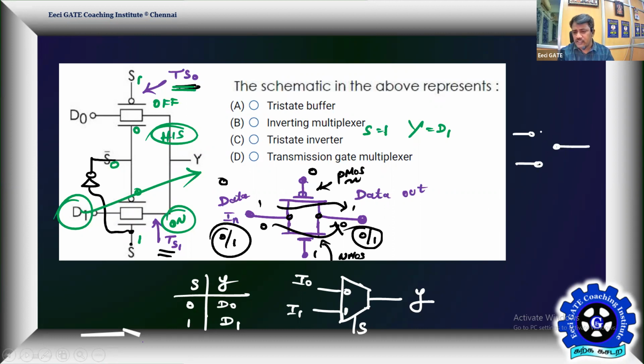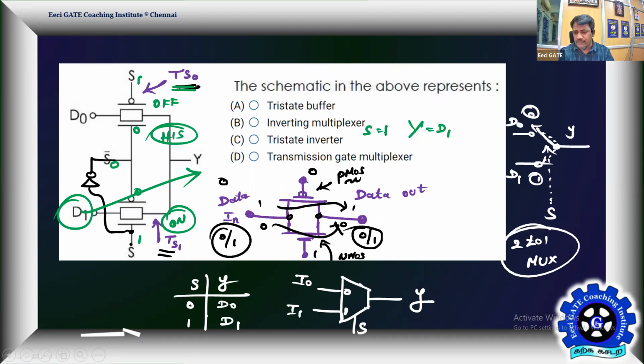Okay, this is your switch. Selection line is controlling that switch. Let me take it this way. So we have a switch. As per the setup given, we have a data D0, we have a data D1. This is a more meaningful realization. So the switch will be connected: if it is 0, it is connected here. If it is 1, it will be connected here. S is your control command. So if S is 0, Y is connected to D0. If S is 1, Y is connected to what? D1. That's exactly a 2 to 1 mux fundamental.